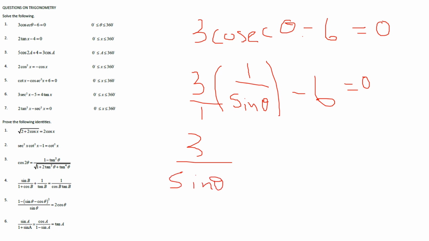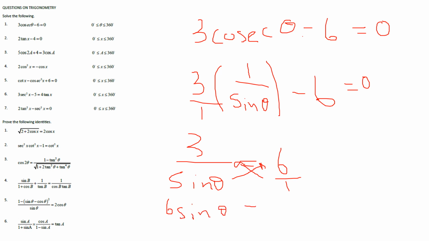Sine theta, and then when you transpose 6 and put it that side, it's going to be positive 6, and then here we have over 1. So if we have fractions that are equated, we know that we will have to cross multiply. So we cross multiply, so that means the sine of theta will multiply with 6, and now 1 will multiply with 3. So we'll have 6 sine of theta